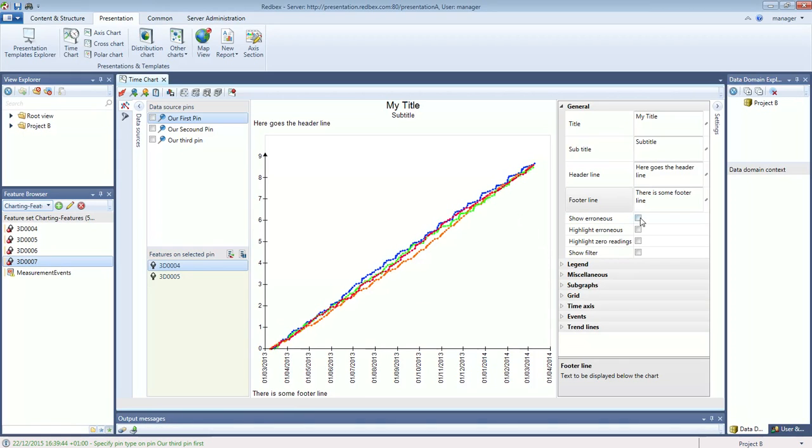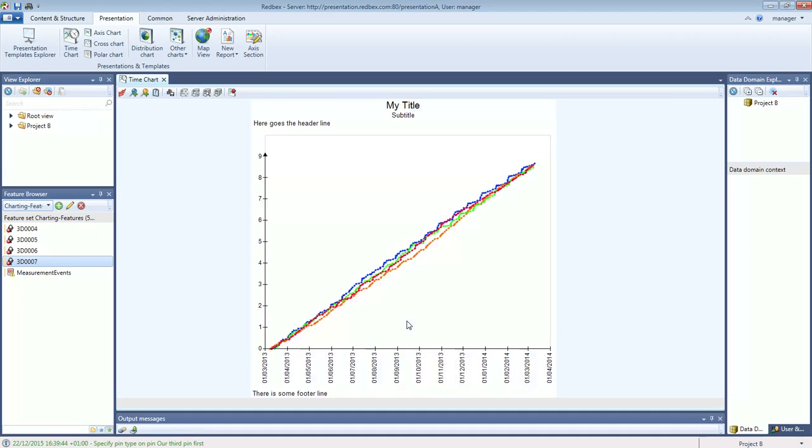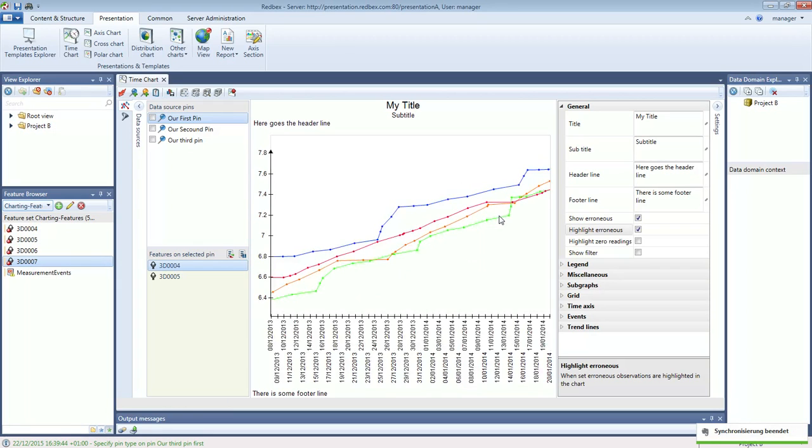I have the possibility to show erroneous flags also. If I switch this on, I also highlight the erroneous observations. Then if there are some, I will get some flag. Obviously in these observations there is no erroneous observation. I just zoom in a little, and then, for example, I decide that this observation here to me does not